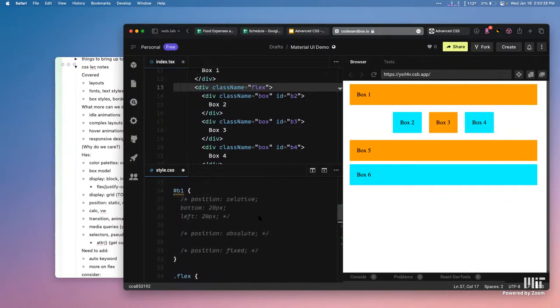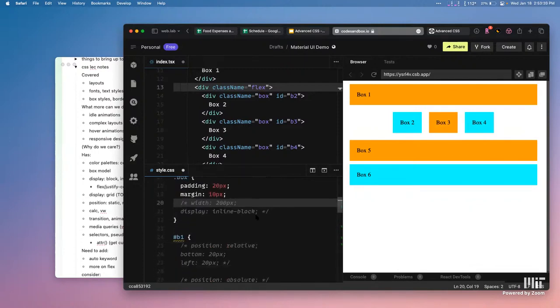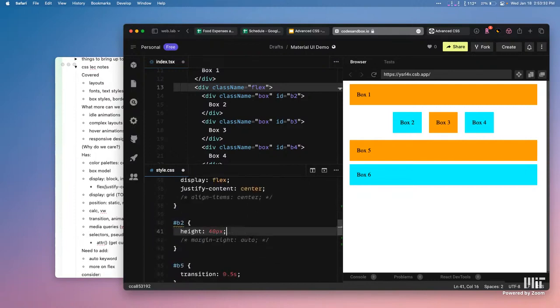And then you can also align things vertically. And so if one of these boxes had a different height,